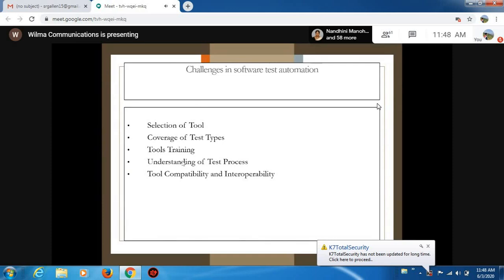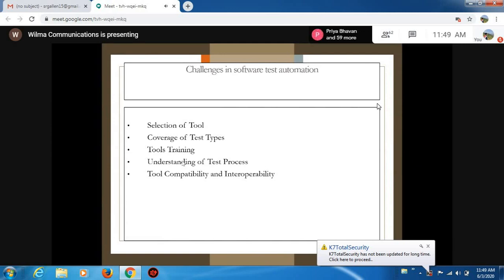Number 4 is understanding the testing process. From tomorrow we are going to discuss the Selenium concept. Using Selenium is a different method, using UFT is a different method, using RFT is a different method. So understanding the testing procedure and process is the next challenge.